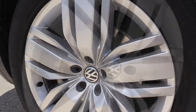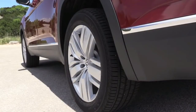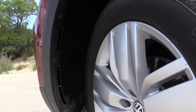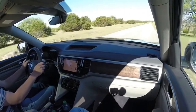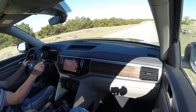The Atlas is the only vehicle in its class to offer an automatic post-collision braking system. 4-channel ABS is also included along with electronic brake force distribution. The MQB platform is a unitary design featuring bolt-on front fenders and solid-mounted front and rear subframes. The suspension is fully independent and consists of McPherson struts in front, a multi-link design in the rear, and front